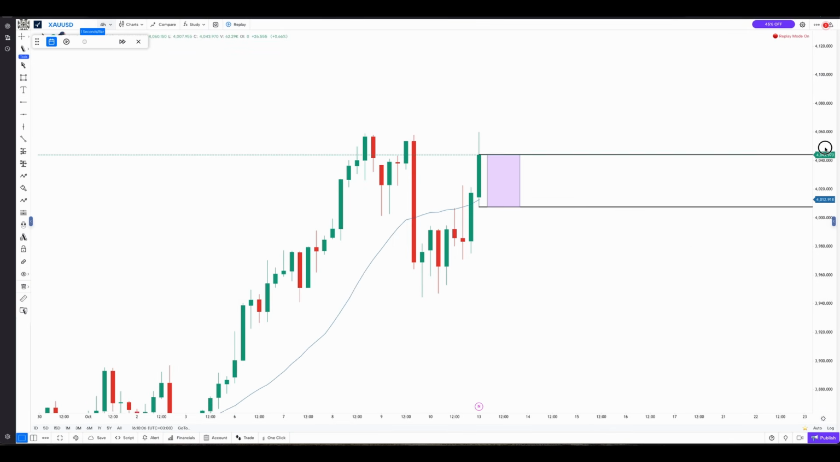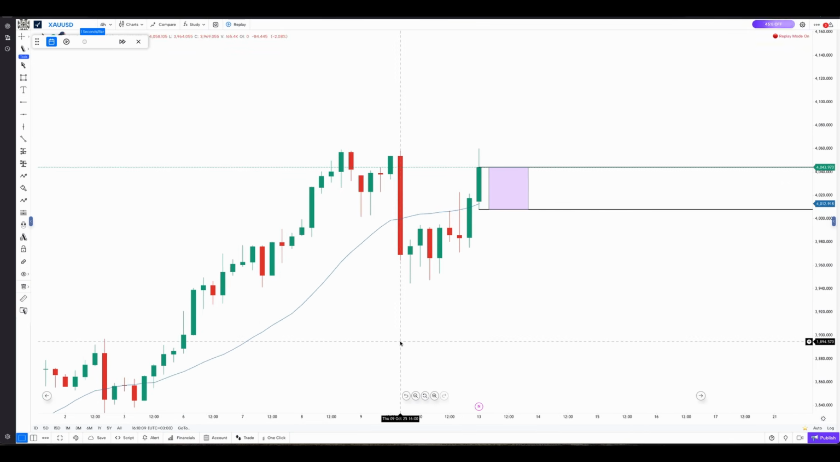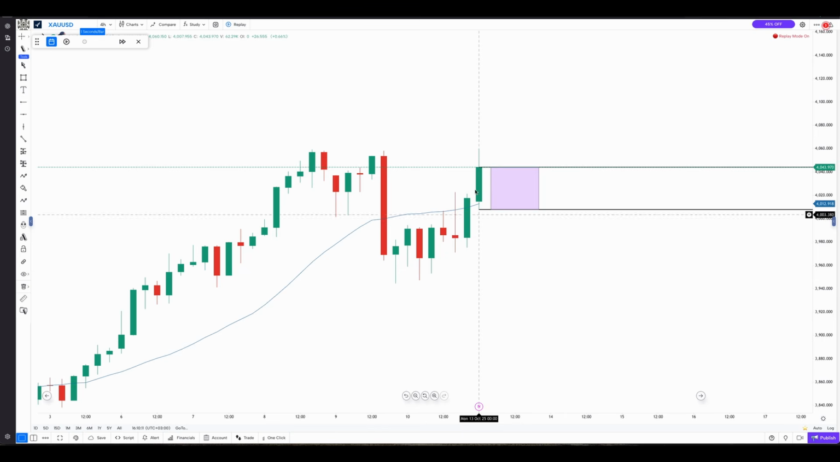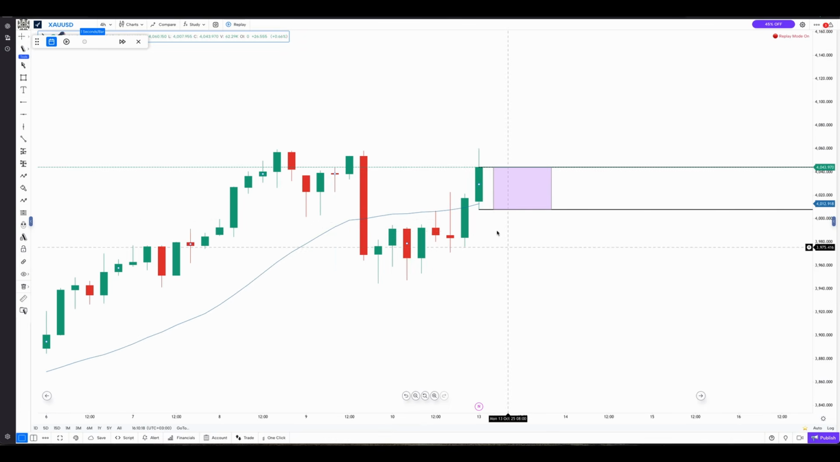You guys know the rules of the strategy. In an uptrend, you only mark bullish candles. As you can see, the candle is above the 20 period moving average, so that is a bullish trend. Okay, so I have marked the most recent closed bullish 4-hour candle, marked its close and its low, put a